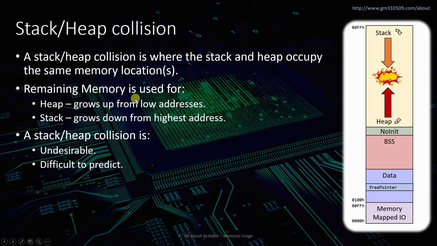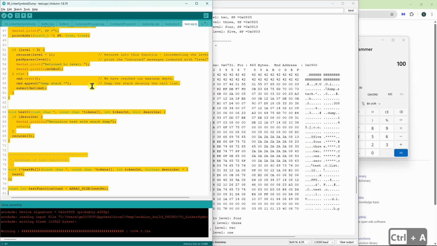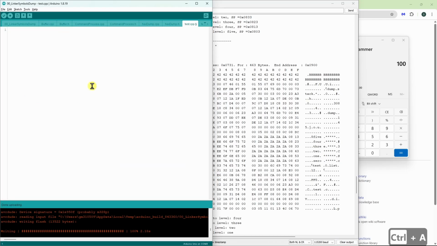Okay, so that's it for the future editions. We'll move on to the next topic. All right, so I think we've done the stack and the heap fairly low level. Hopefully all that's clear. What I will